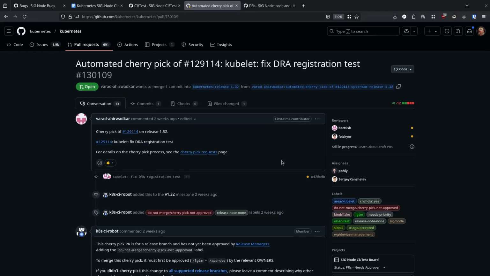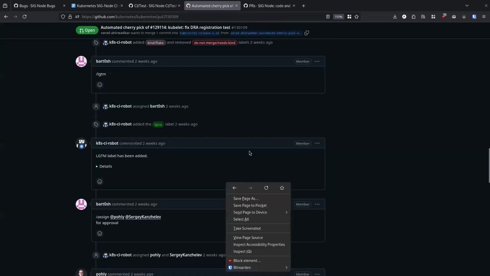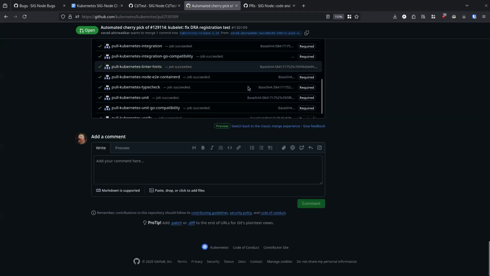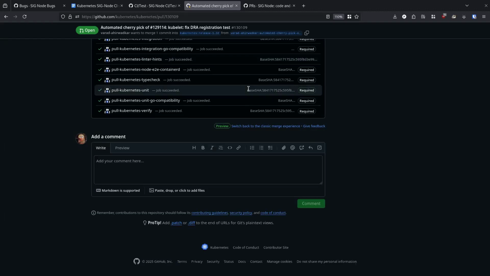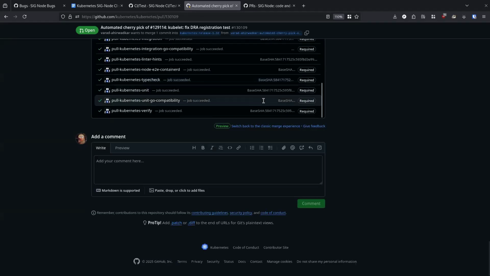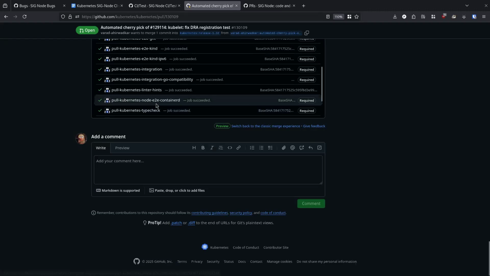Yeah, it's a good point. I think by and large we're just relying on the generic E2E suite to catch really bad failures, but nothing like Node E2E or anything like that. It does look like there is a Kubernetes Node E2E containerd, the only SIG Node related required pre-submit we have.